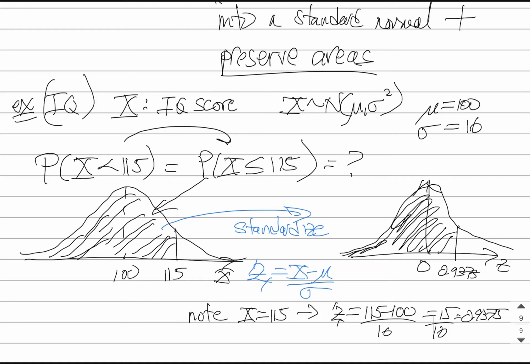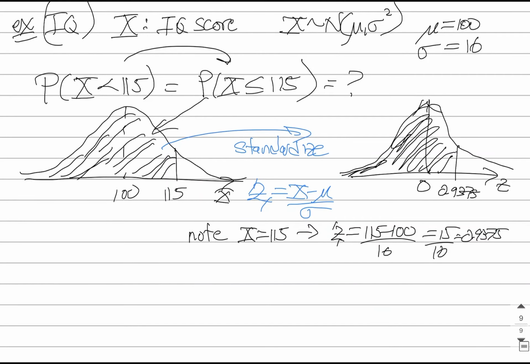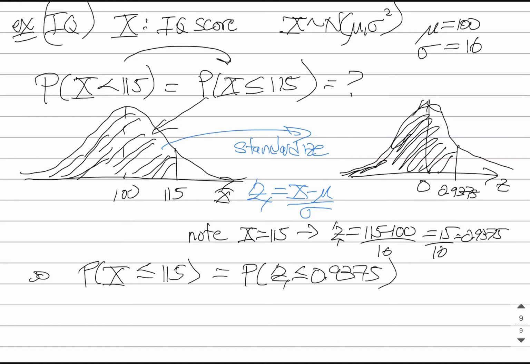So what we have done is translated our problem from something to do with x scores, so general normal scores, into standard normal scores. And the beautiful thing about it is this function transformation that we described above preserves areas. All we can do is